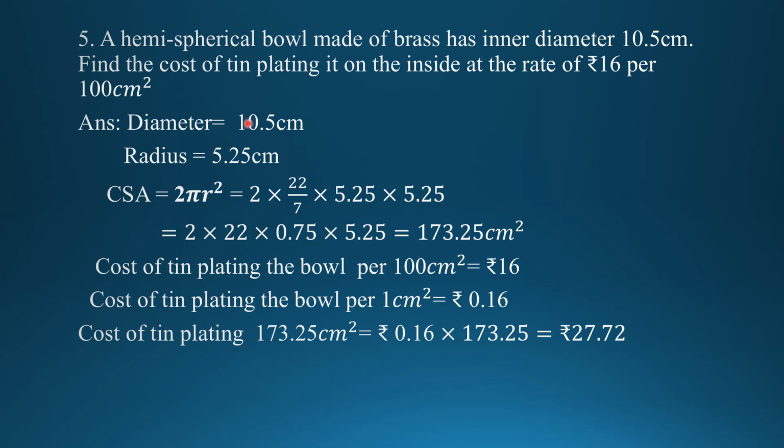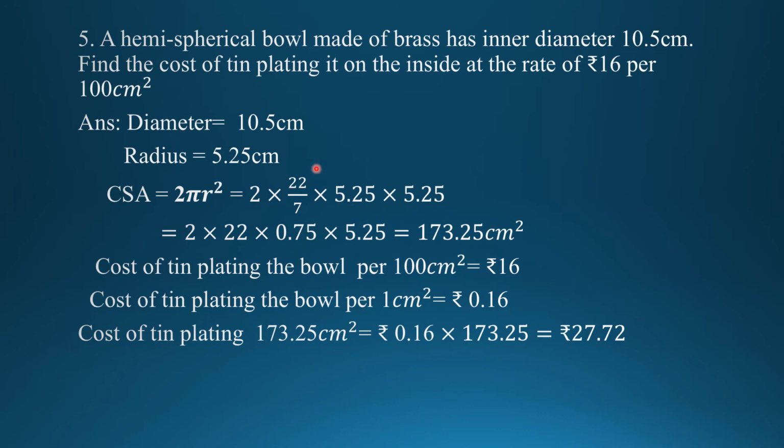CSA of the bowl is equal to 2 pi r square. 2 into 22 by 7 into 5.25 square is equal to 173.25 centimeter square. We need to find the cost of tin plating it inside. Therefore, cost of tin plating the bowl per 100 centimeter square is given as 16 rupees. Therefore, cost of tin plating the bowl per 1 centimeter square will be